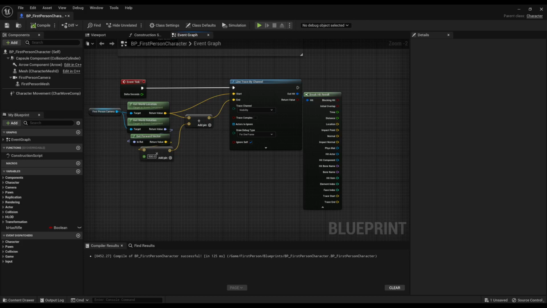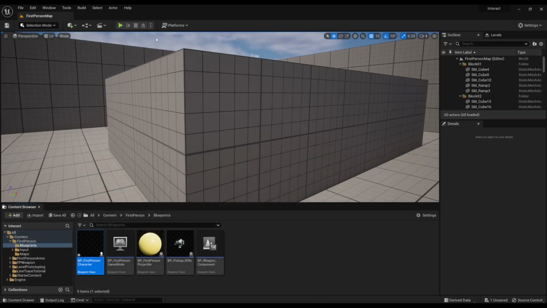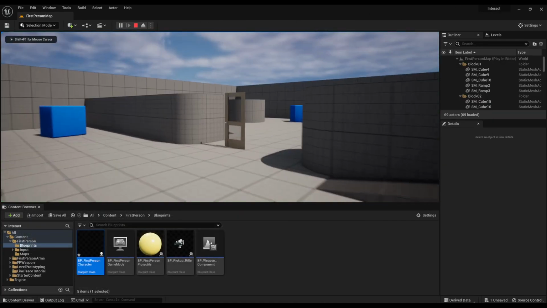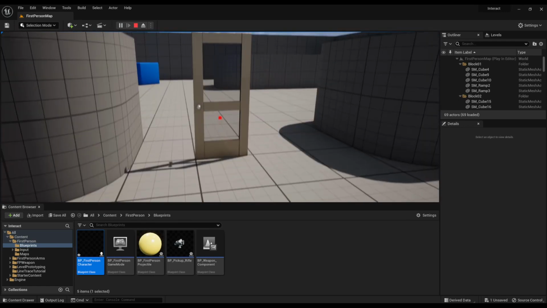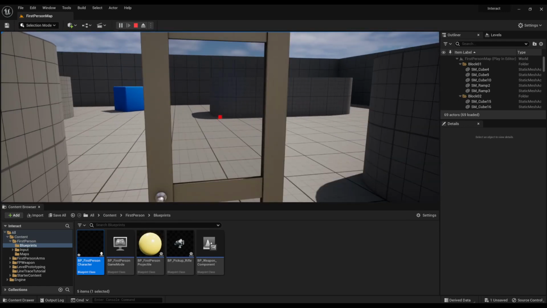In this tutorial, I'm going to be following on from my line trace tutorial to cover how to do it with an interactable within the world. So what I'm going to do is have it where when you go up to this door, when you're looking at it and when you're in the vicinity of the door, you can then open it by